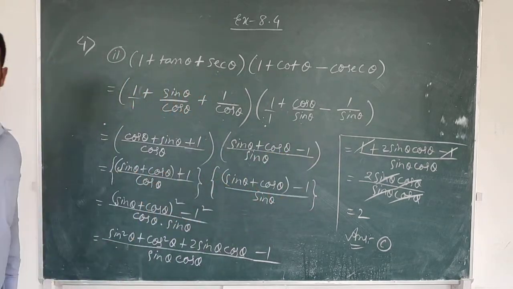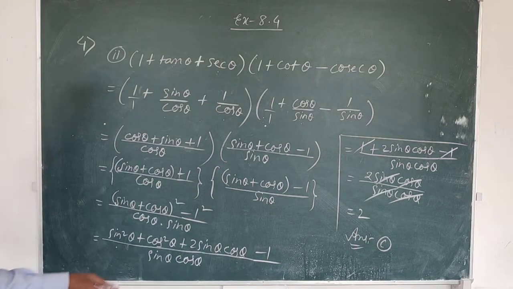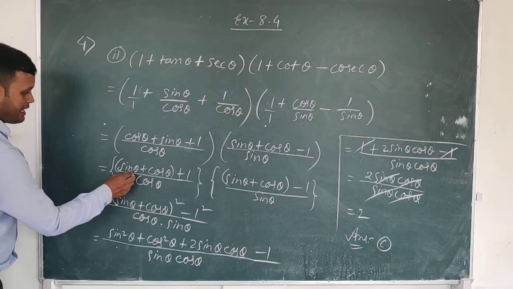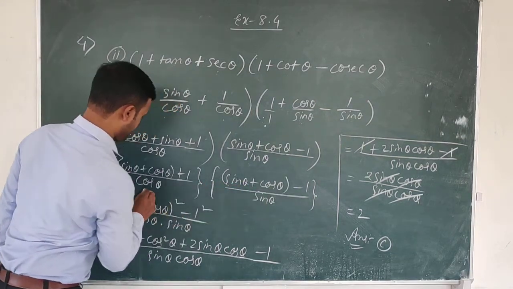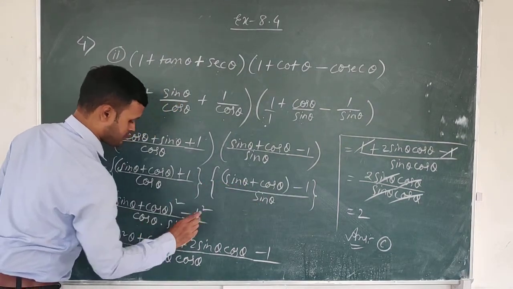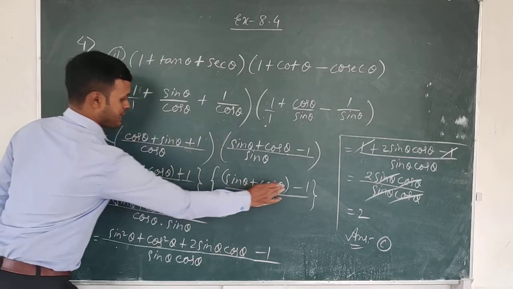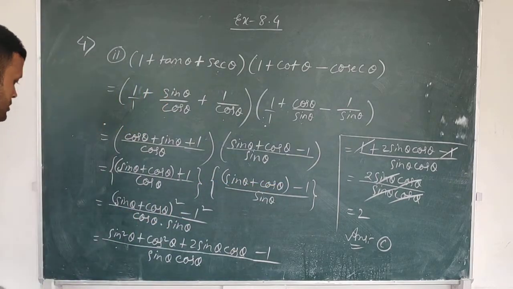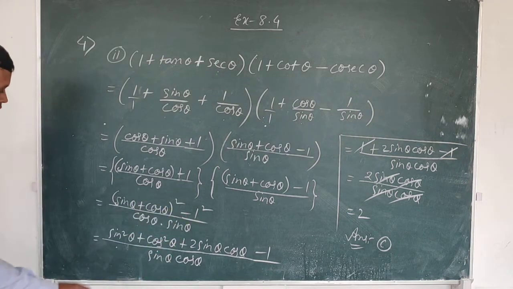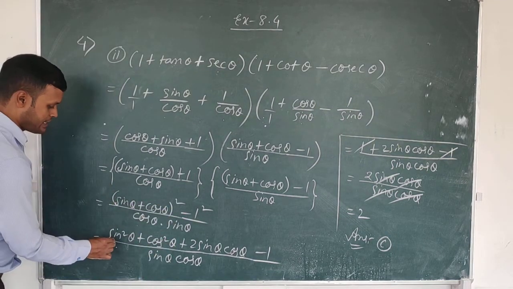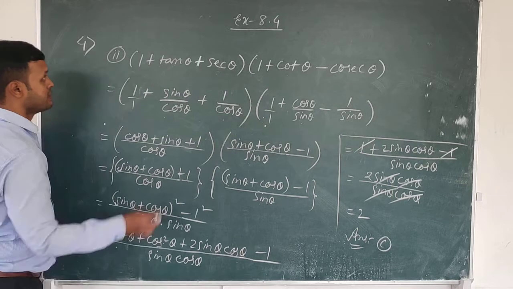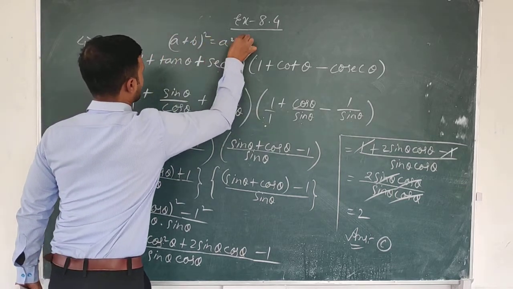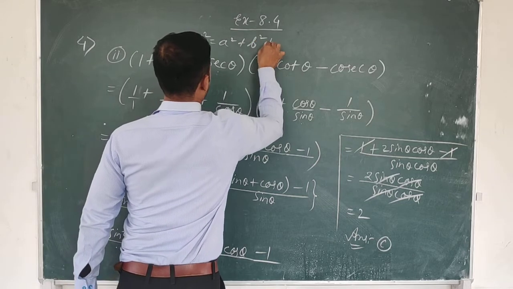Okay. Now you see why am I arranging like that? See a plus b into a minus b. And below cos theta and sin theta you multiply cos theta and sin theta. And a plus b into a minus b will become a square minus b square, isn't it? So sin theta plus cos theta whole square. A plus b whole square formula just break it. A square plus b square plus 2ab. This is the formula, no? A plus b whole square will come like this.